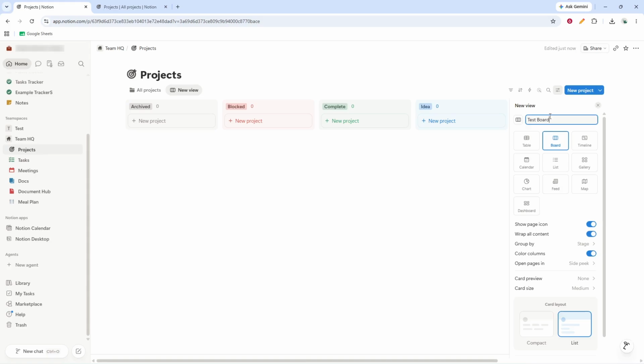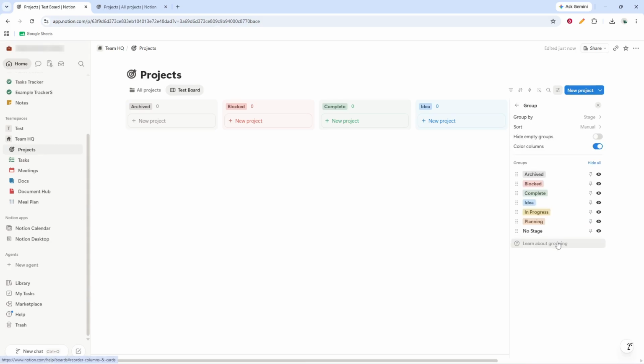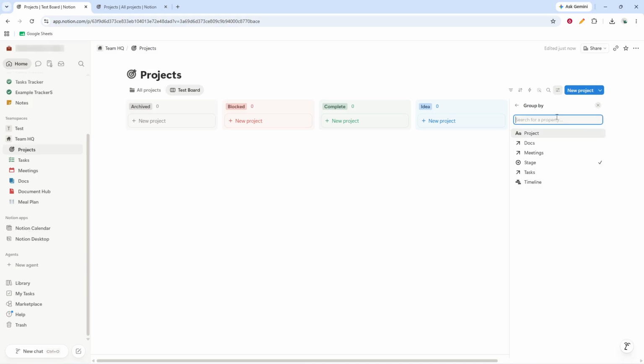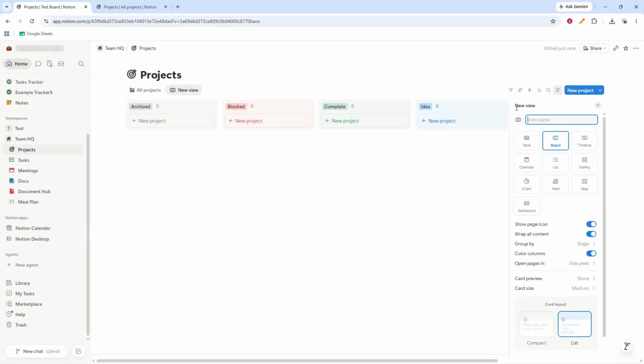Next, set up the status columns. A common structure is to do, in progress, and done. These columns represent the stages your tasks move through over time. If the default labels are already visible, rename them to match this structure. If you need additional columns later, you can adjust them, but for now, keep the board aligned with the workflow